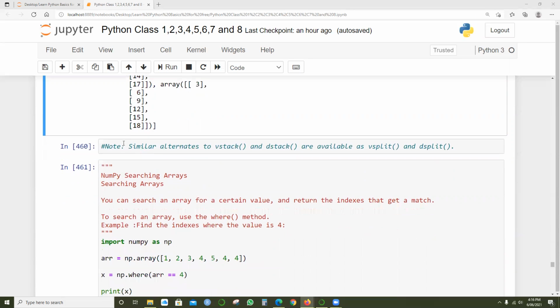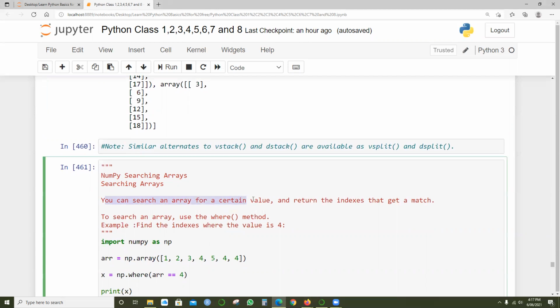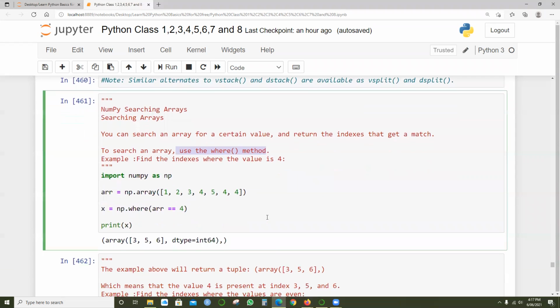So numpy searching arrays. You can search an array for a certain value and return the indexes that get a match. To search an array, use the where method, right? So we are applying where over here. Find the indexes where the value is 4. Let's run this.